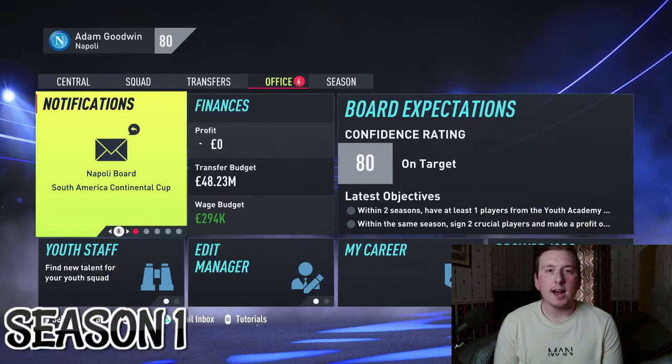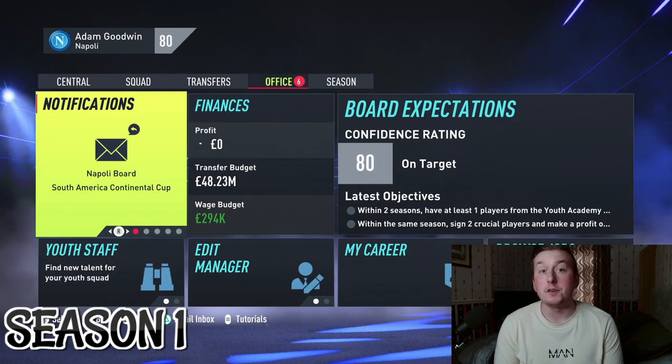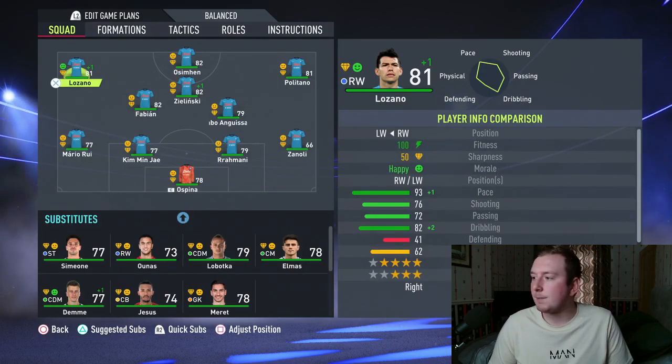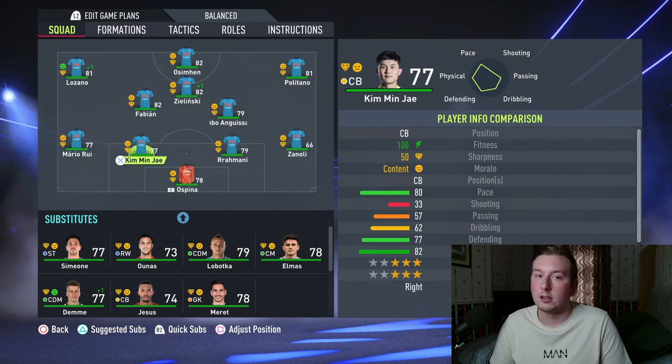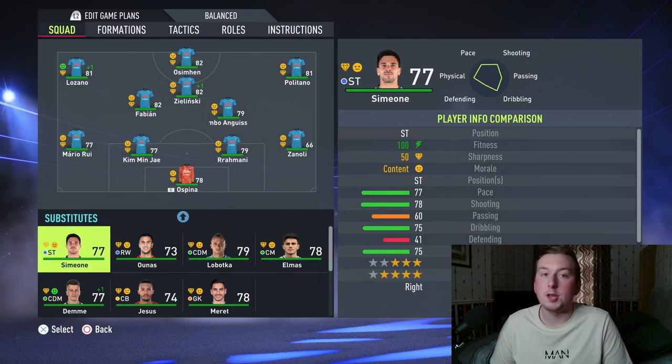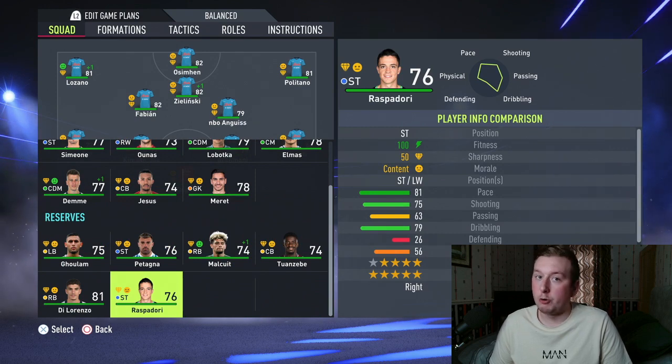And we start our journey with Napoli with just under 50 million. Now, Napoli's team has got a lot of work that it needs doing. They've just lost Kalidou Koulibaly to Chelsea, which leaves their defence a lot weaker than it was. They have brought in 2 very good strikers, one being Simeone and the other one being Raspadori,